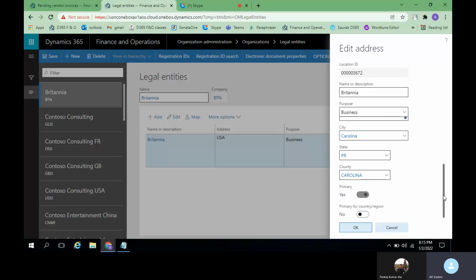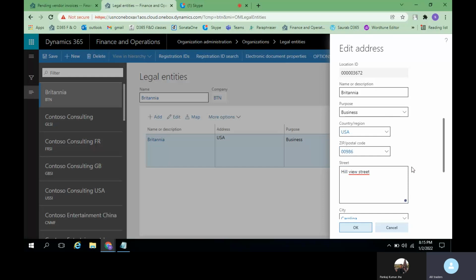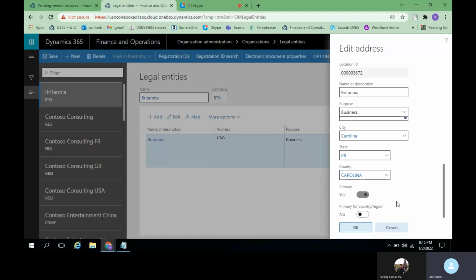Since we are creating the first address, by default it will consider it as primary. Primary in the sense that for Britannia Enterprises, this will be the main address, like corporate, or you can say business, you can say anything. And see, if you have Britannia in multiple countries, and if you want this address to be the primary for the USA, you can select this one. Or else, if you don't want this to be a primary address for USA, you can just